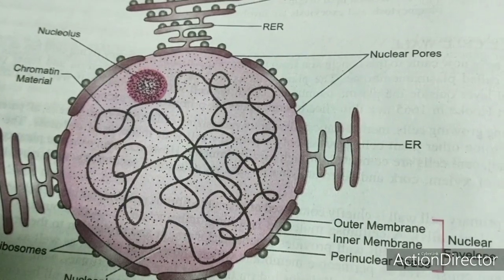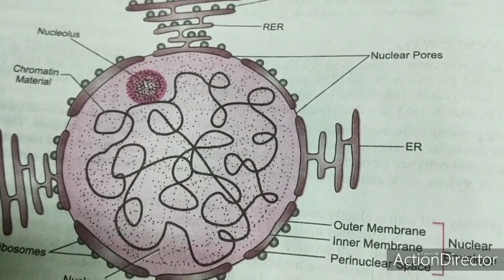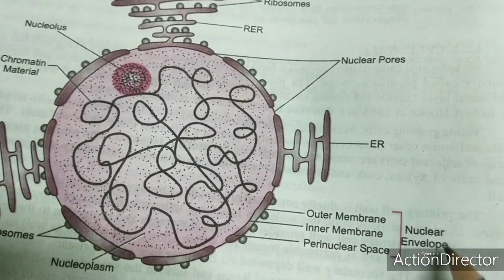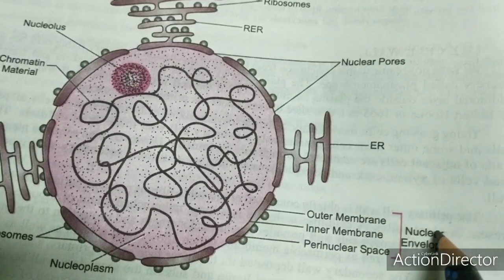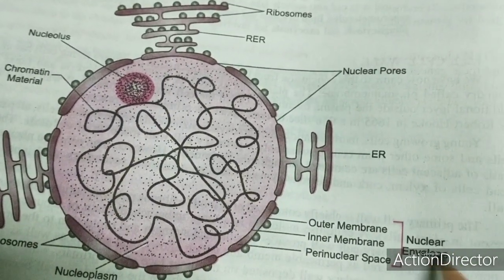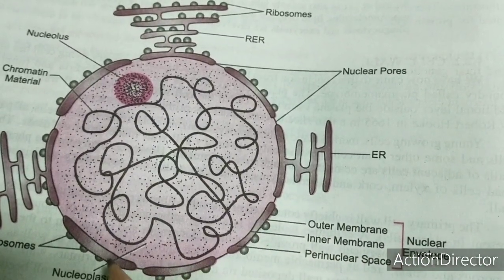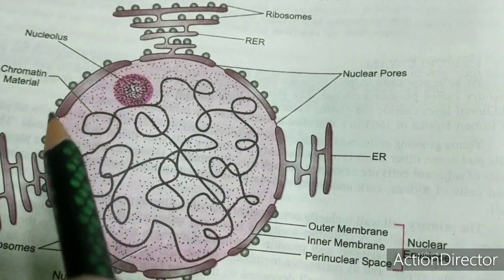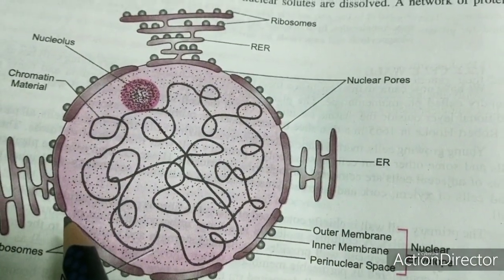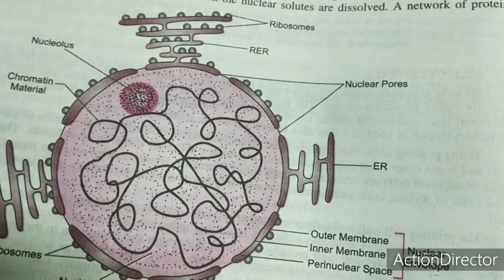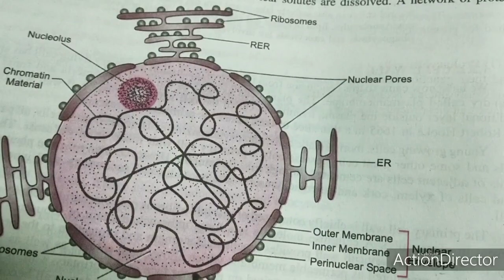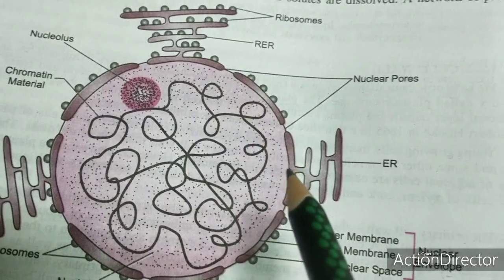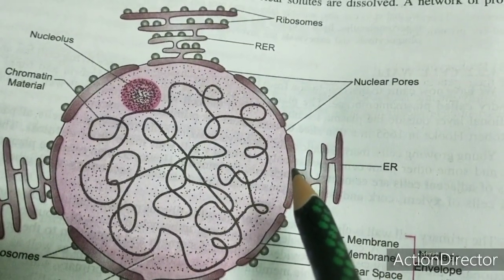Each nucleus has three important parts in it. The first one is the nuclear envelope or the nuclear membrane. It has a double layered covering. The nuclear membrane is the outermost covering of the nucleus. As the cell membrane is to the cell, the nuclear membrane or the nuclear envelope is the outermost layer of the nucleus. It's a double layered structure or membrane.